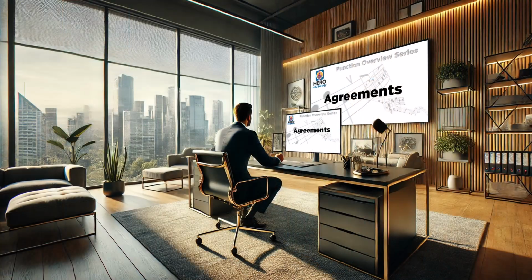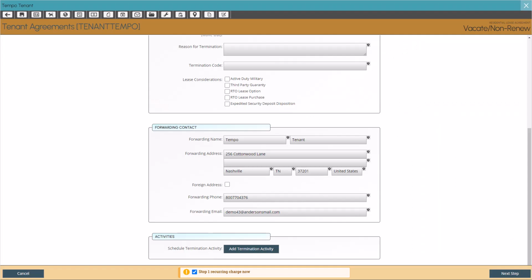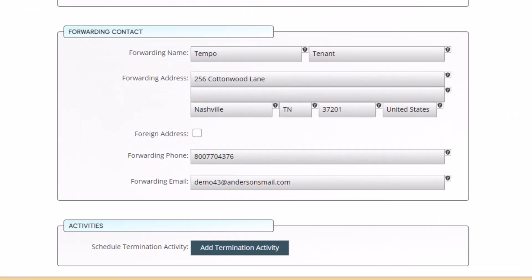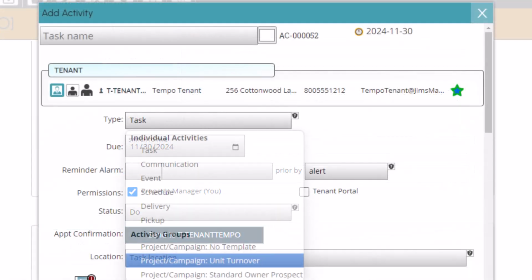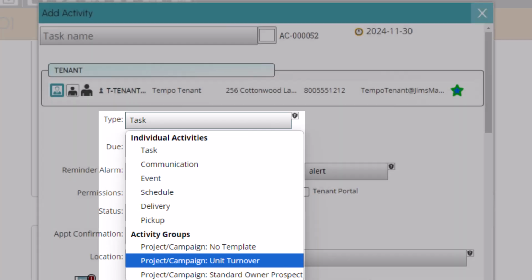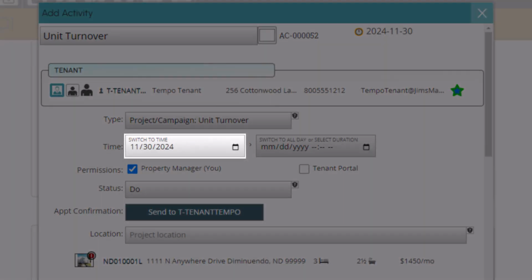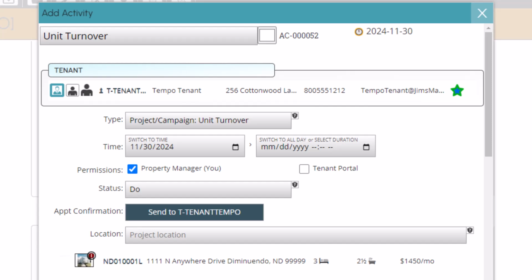In the next example, we'll look at a project that is more hands-on and see the interactive components. Processing a tenant's lease ending is covered in Resources addressing agreements. Here we'll just look at the activity. From the Activities section of the lease ending process, select the button to schedule an activity. From the type, under Groups, select the Unit Turnover project. You'll see the start date is already set to the anticipated move-out date, but you can adjust it and set